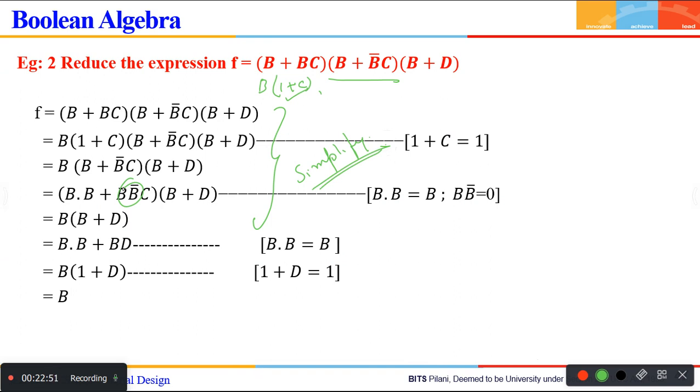B into b bar is not 1, exactly, yes. Certain things will get cancelled, and you can just go ahead with the final answer. This is easy. You just need to practice, that's all. Boolean laws you're supposed to remember. Boolean laws are very simple. Understood this? Now, next we will go for